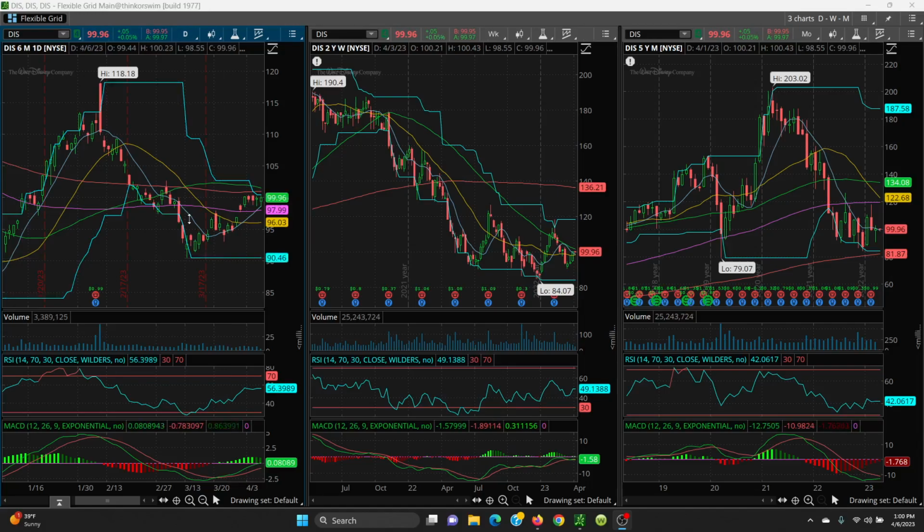If you can get above that, then we have this 200 SMA sitting here at 197. And then we have your 50-day at 101.52. Over here on your weekly chart, you've got 101.67. If you can break above, then we would retest this candle right here, which would be